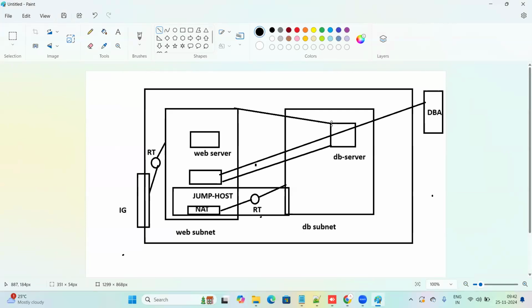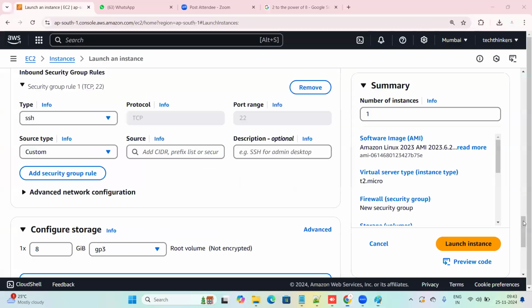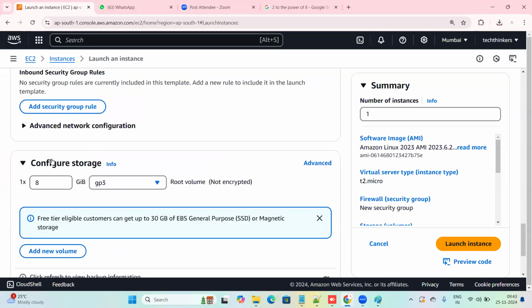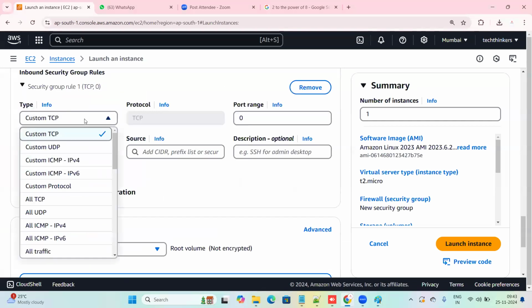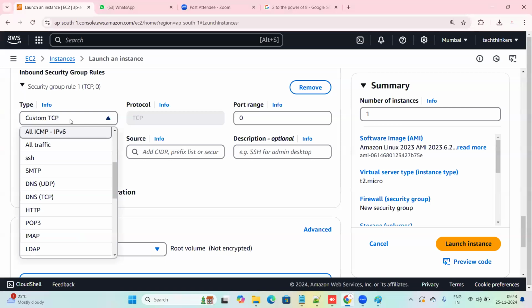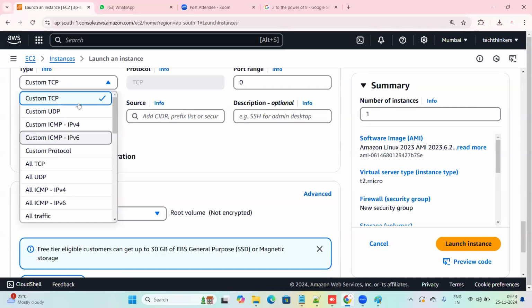Any server from any server. I'm opening the port of MySQL. I'm opening the MySQL port to the DB server, to the whole subnet. You see here, for now I am not adding any SSH port. I'm removing it. The security group I'm adding is, there will be a port called